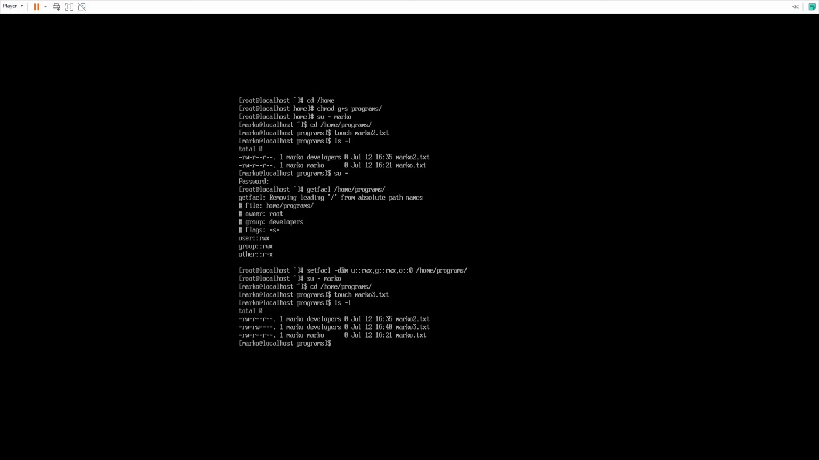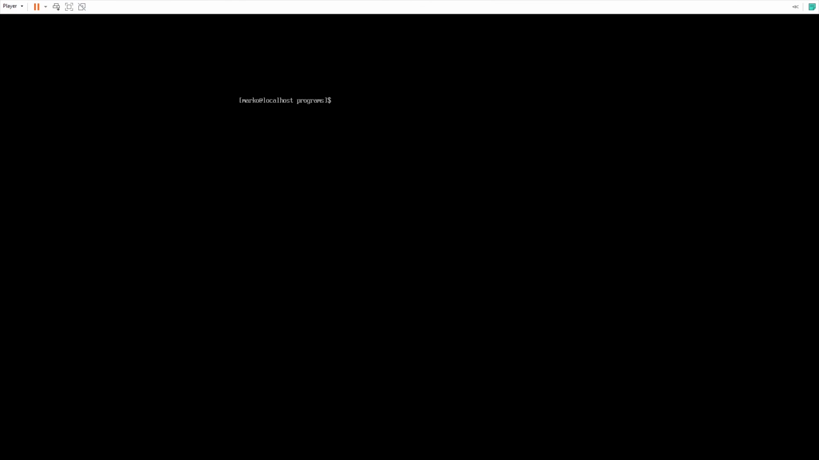marco3.txt. Let's have a look. Now you can see Marco has now created a file, the marco3.txt file. And looking at the permissions of this file, we can see that the group can read, but also write to this file. Now that we looked into the file permissions and directory ownerships, we can move on to the other parts